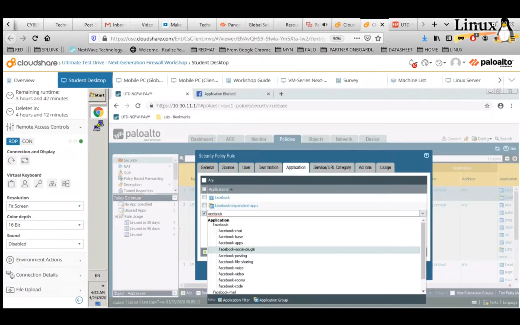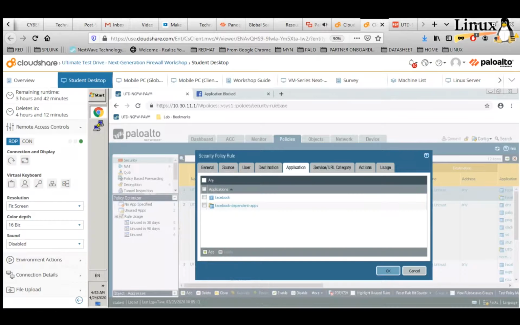Then you can say we don't want to see people doing Facebook video, which from the analysis we see is consuming a lot of traffic, actually more than YouTube. So these are some of the things we mean by granularity, which we can now have in this policy, thanks to application control.